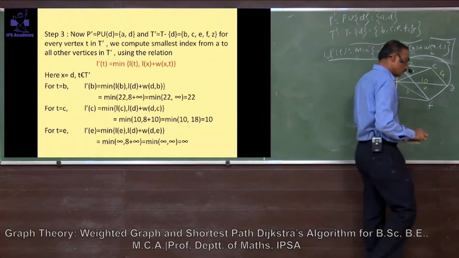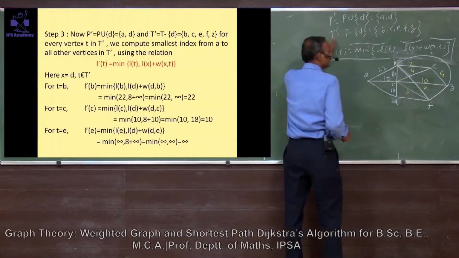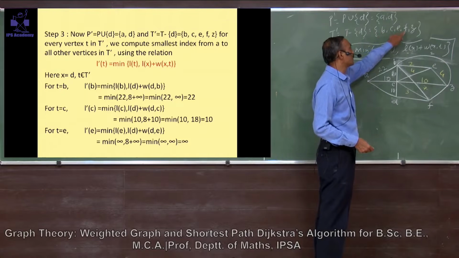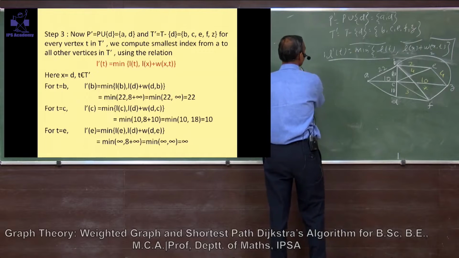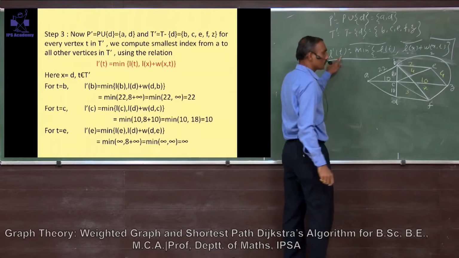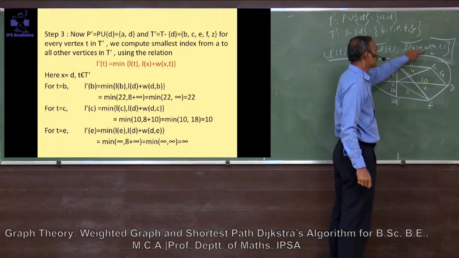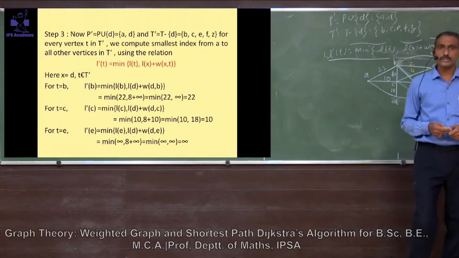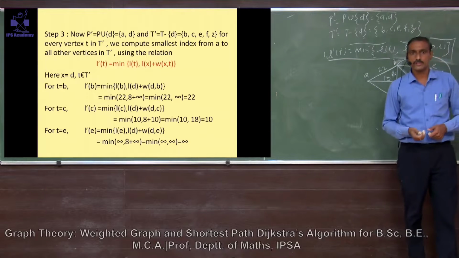Now you have to find the index for t belonging to T', where T' has B, C, E, F and Z. Then what will be the formula? For t, we use the formula L'(t) = minimum of L(t), L(x) + W(x, t). Using this relation, we now compute the smallest index from A to all other vertices in T'